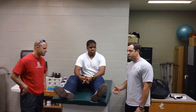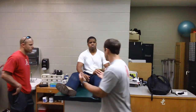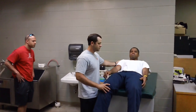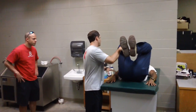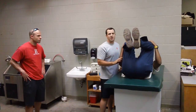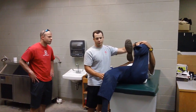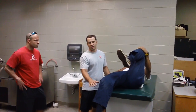Okay. So first of all, the test for hip flexor tightness, I will get Jalen on the edge of the table here, so Jalen just slide forward to the edge here for me. Then I'm going to have him lean all the way back, all the way against the table. Bring both knees to his chest, and grab up his left hand. And then if I'm going to test his right hip flexor, I'm going to let him release this leg, let it fall down here. And what we're looking for here is, if this hip doesn't extend all the way, then